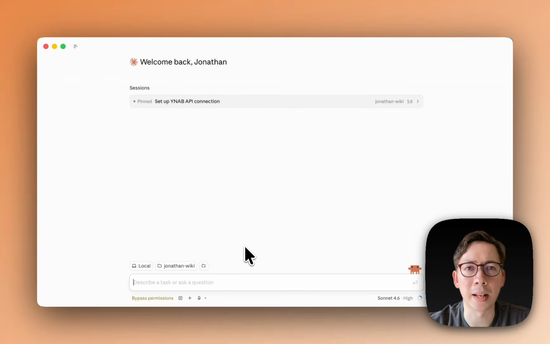I manage 40 client accounts at Insider as the customer success team lead. Let me show you how I'm doing it and how I think that the future of client management is basically all through prompts. So here I've got Claude Code open, the desktop app, and I'm going to log a client